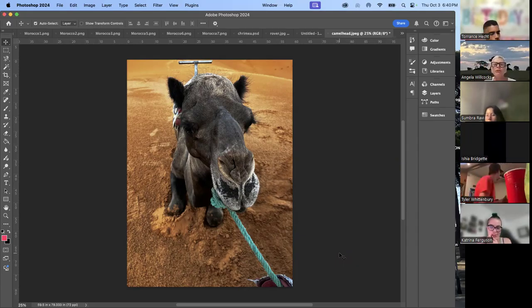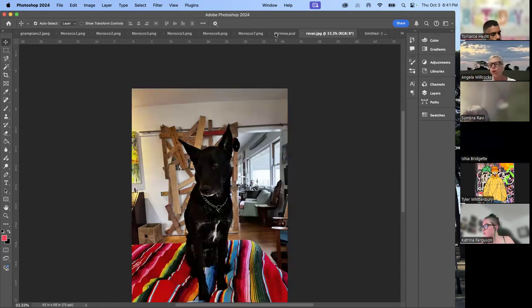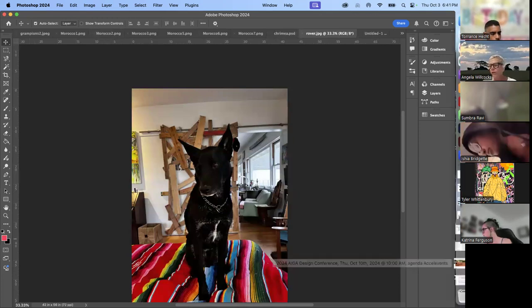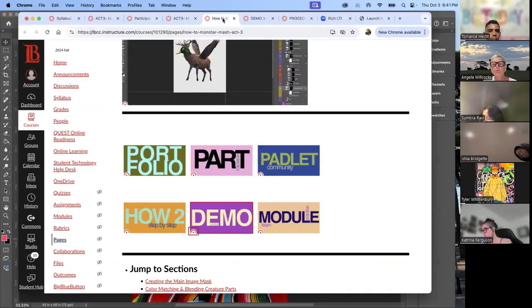Okay, so I went through it last time. So the first thing I'm going to do is I've pulled up 2 animals. I've pulled up a camel head and I've pulled up my dog. I like to take my own photos just because I know the resolution is going to be good. But what I'm actually going to do before I even start, I'm going to go through the adjustment layers so you have a bit of an understanding of what we have to do for the how to monster